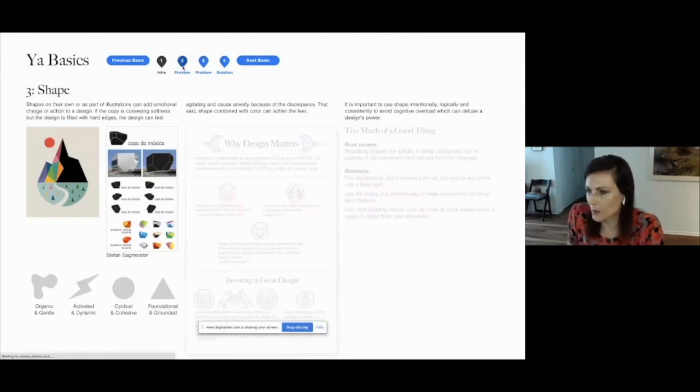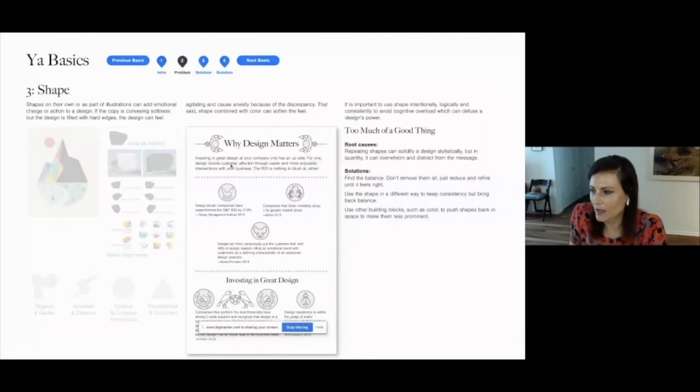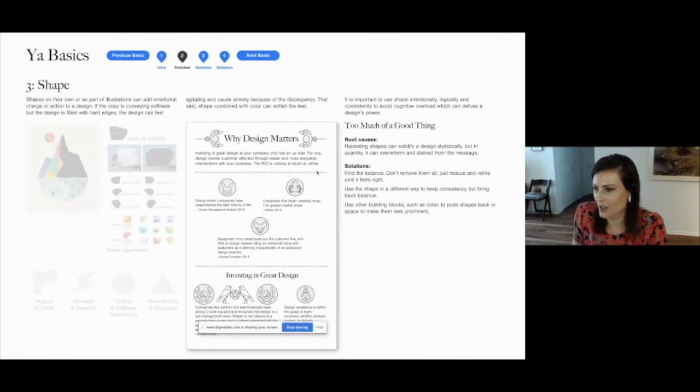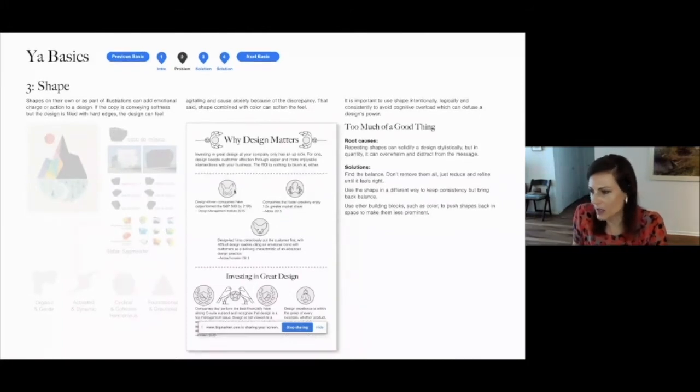So problem areas I typically see with shape are there's too much of one shape. So one of the shapes is just dominating. In this case, it's circles. So there's circles in the divider line, there's circles all over the page. And it ends up being that you only see the circles. Like you can't get into the content. It takes you a little while because your brain is just processing circle first, and then it's diving into the actual content. Or if it's me, I would just look away and ignore it. So I get bored with things. If it's too distracting, I don't read it.